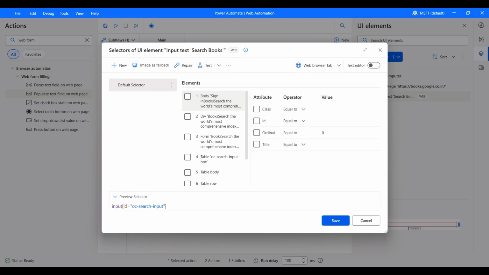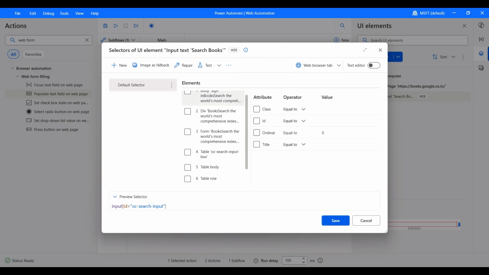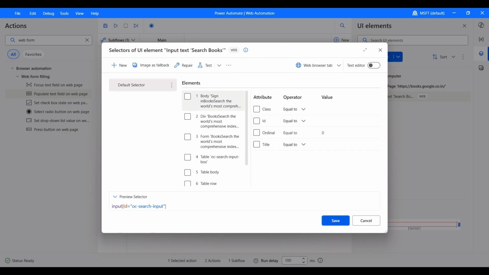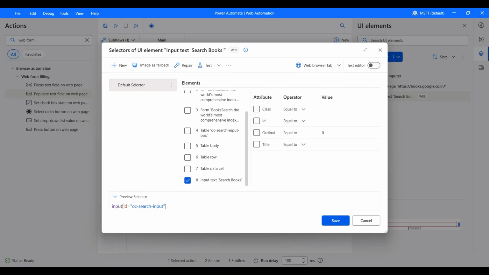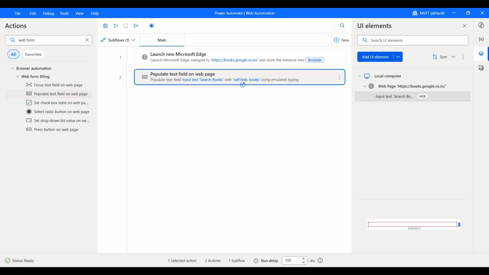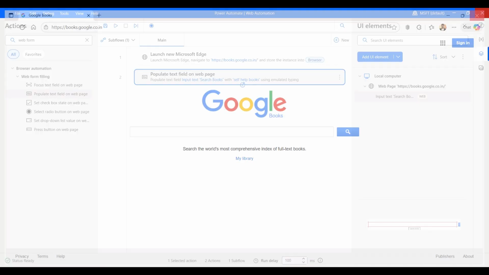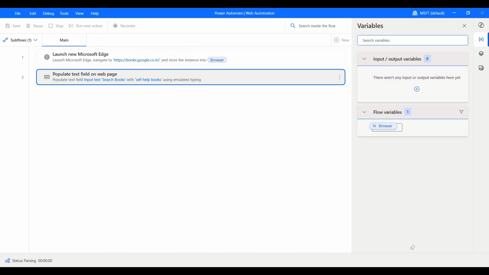If you want to have different selectors, you can still go ahead and use it and provide the value. It all depends on the scenario of a web page and the requirement that you are working with. For this scenario, we are good. Well, let's go and close this and let's run and see that we are able to successfully add the text